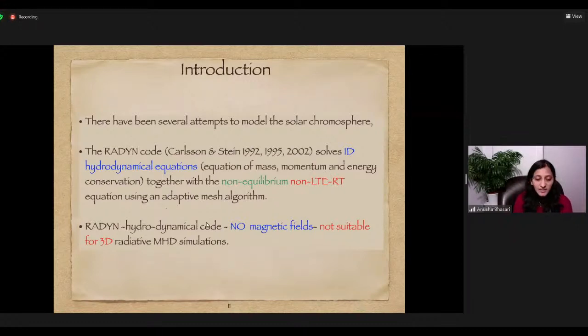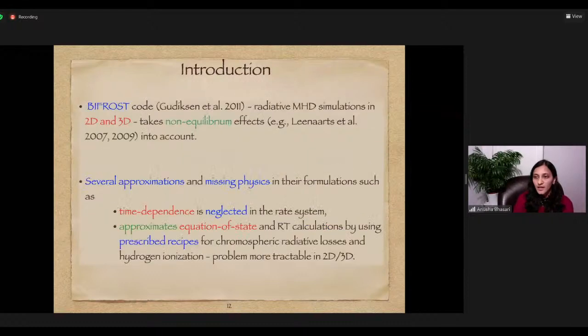However, Radyn is a hydrodynamical code, and since it is a 1D hydrodynamical code, magnetic fields cannot be taken into account. Also, it is not suitable for 3D MHD simulations as it uses an adaptive mesh algorithm. On the other hand, the Bifrost code can do radiative MHD simulations in multiple dimensions, and also takes into account the non-equilibrium effects. However, there are several approximations and missing physics in their formulation, such as time dependence being neglected